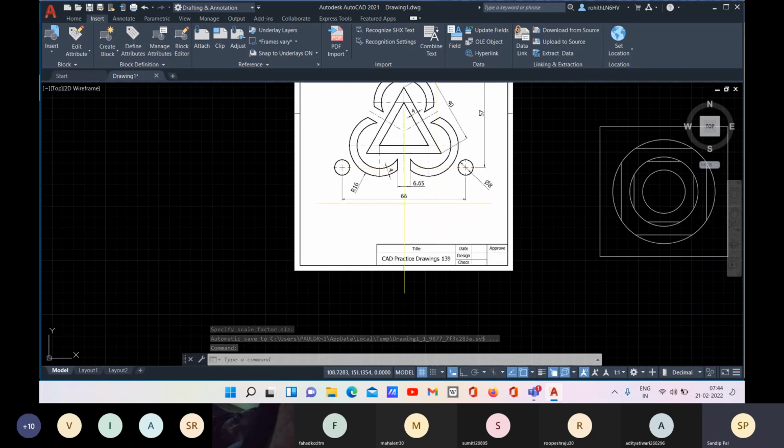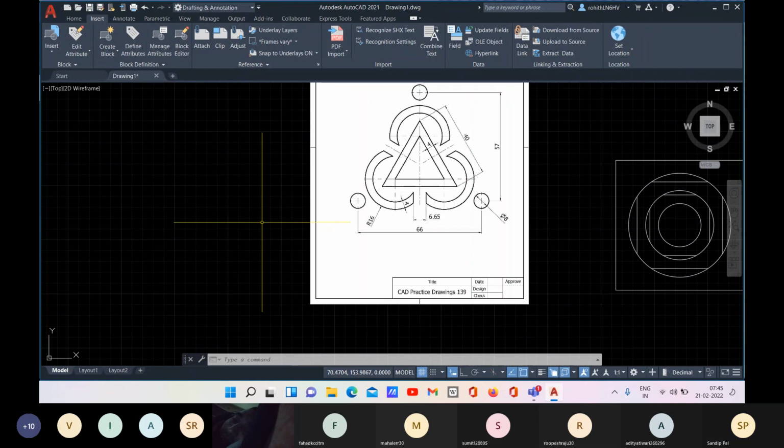Okay. So now here you can see that we have this triangle, right? Which has this length 40. And we have these circles there, right? So the length of this polygon is 40.